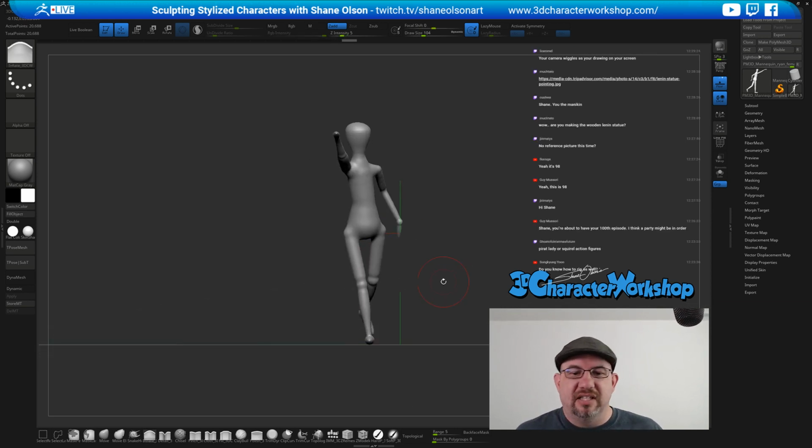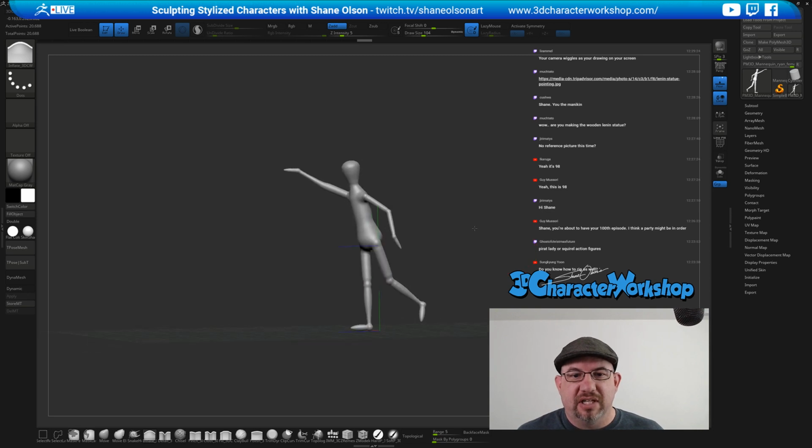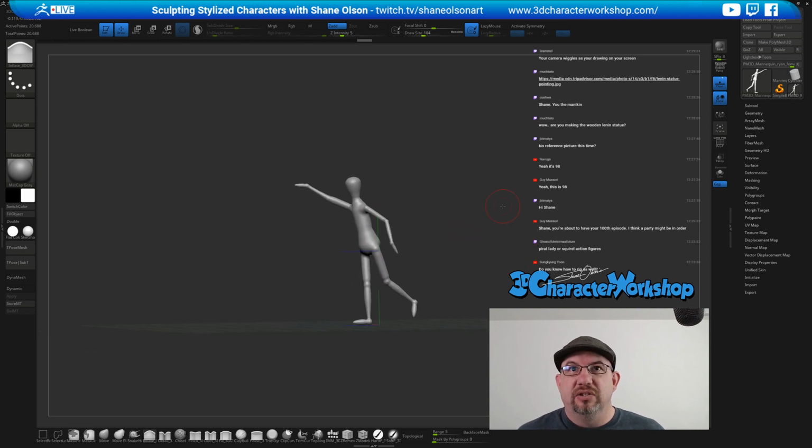Anyway, you can kind of see how that works, and then you can just keep DynaMeshing it and just keep refining the body and doing all of your